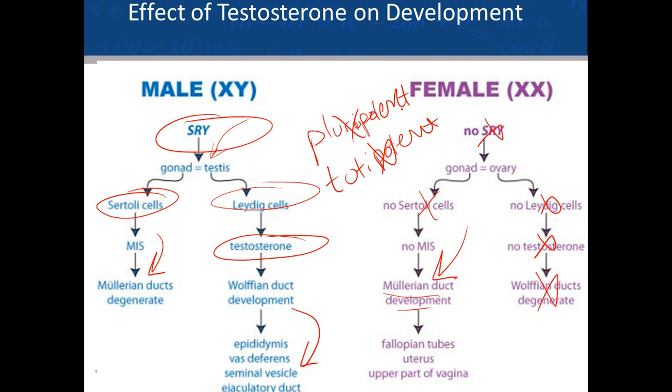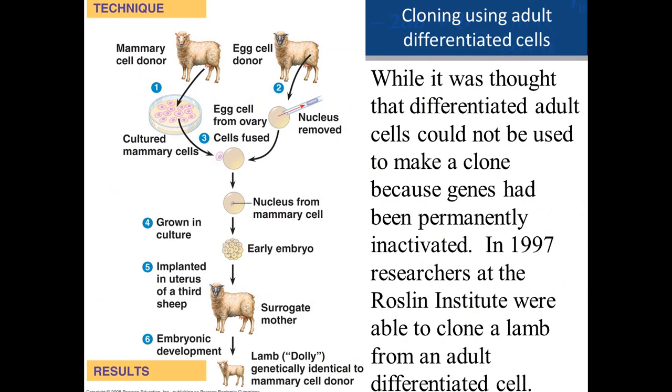They have indeed taken an adult, differentiated cell and been able to clone a sheep. And that happened in 1997 at the Roslin Institute in Scotland. And this is the way they were able to do it. First off,